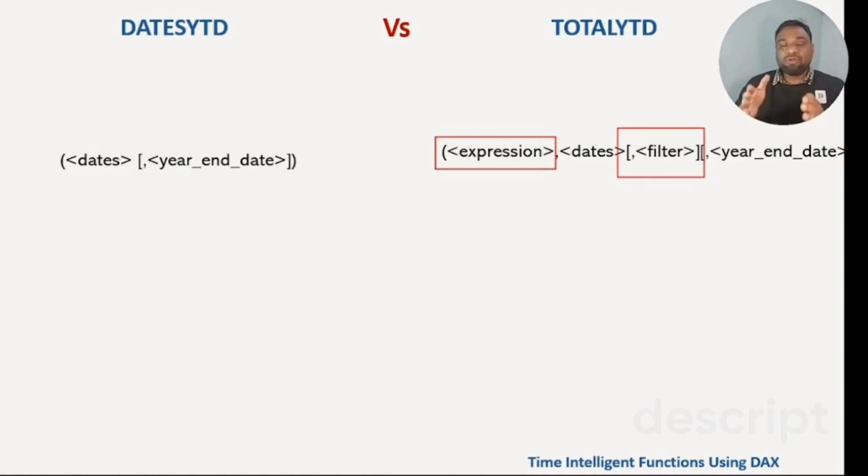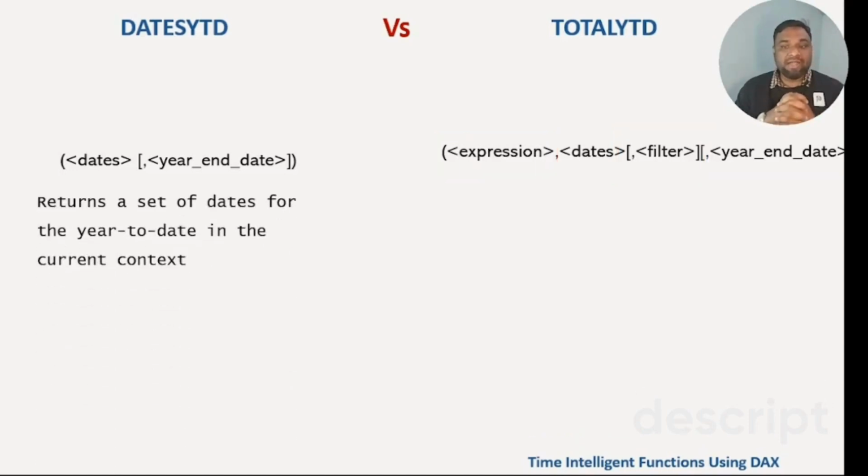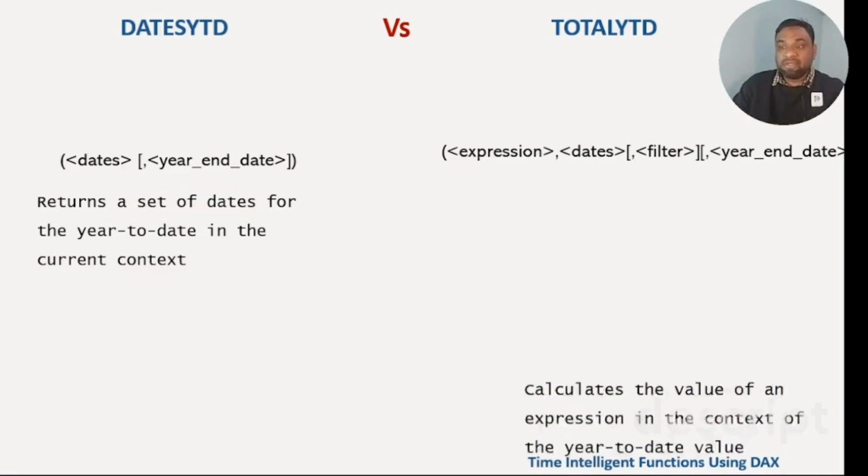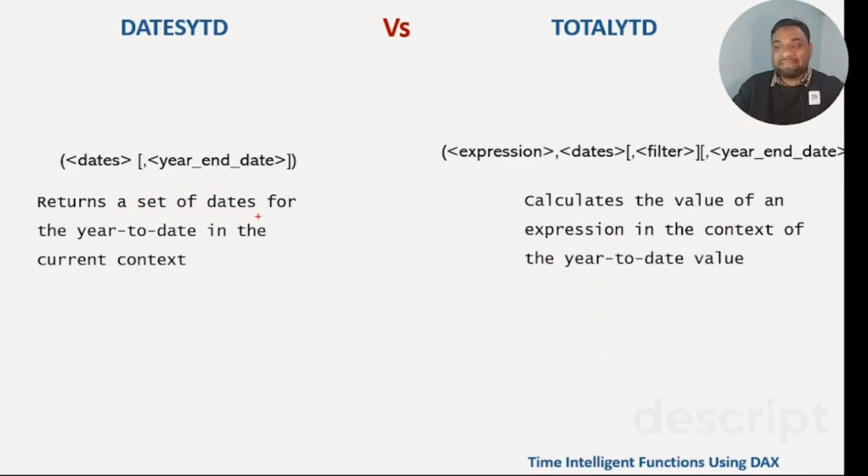That means TOTALYTD is sufficient to calculate the expression. In case of DATESYTD, we need additional functions like CALCULATE to get the desired result. Also, DATESYTD returns a set of dates. It is not returning a value. To get the value, I need an additional function like CALCULATE. But TOTALYTD is already returning the value, so I don't need any other function to get the desired